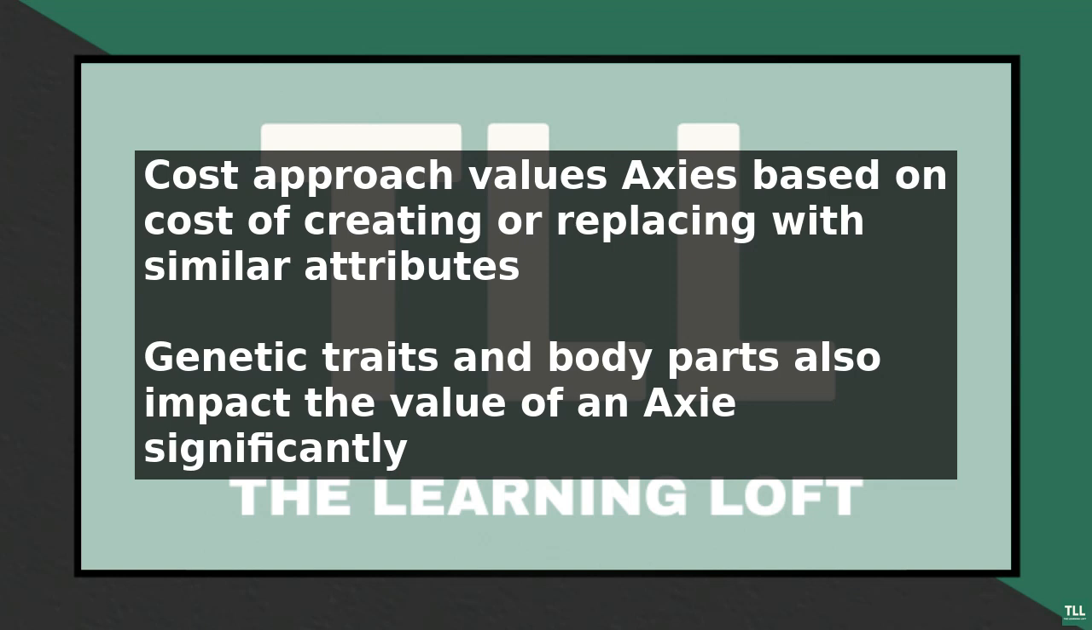To illustrate this, let's consider an example of a rare Axie with high attributes and a unique combination of body parts. Using the comparable sales method, we can research recent sales data and find that similar Axies have sold for a certain price range. We can then adjust for any differences in attributes or rarity to determine the value of